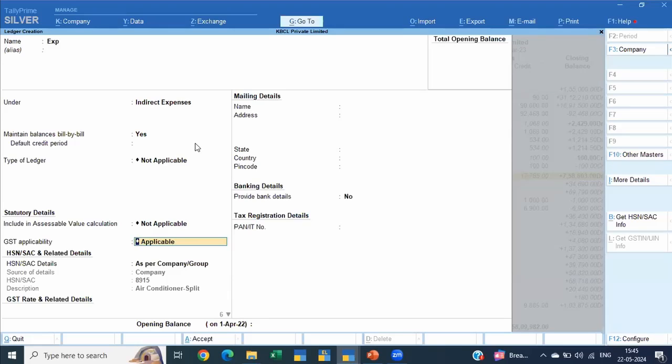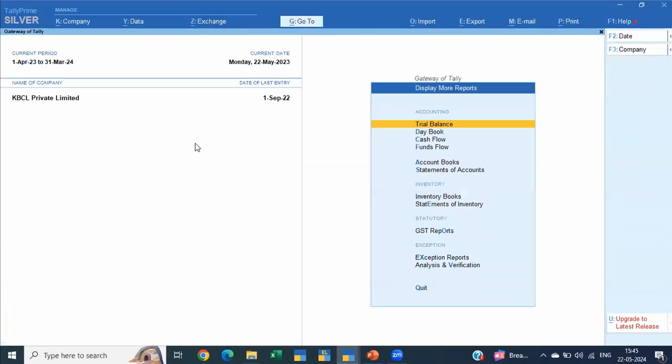Or say all your 18% rate ledgers, you want to group them together. In that case, you can do your rate summary here. This will require a little bit of communication with your client, and you might have to set this up for them. Okay. Now, since we're running short of time, I am just going to quickly skip into the next level, which